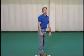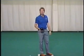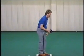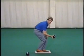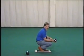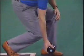Having looked at the athletic delivery, now let's explore the crouch and the semi-crouch, which of course is the other extreme because we are very near to the ground. The crouch is the popular alternative to the athletic stance. As the name suggests, the bowler is crouched onto the mat, either with both feet on the mat or alternatively one foot in front of the other